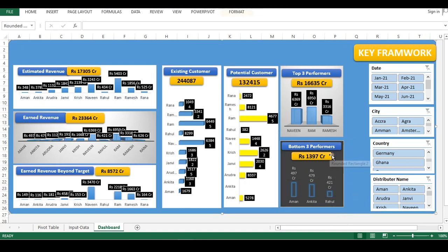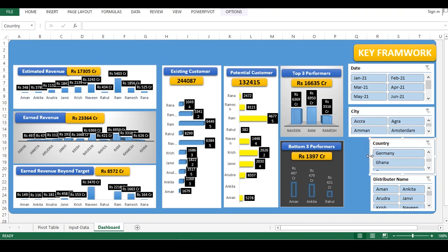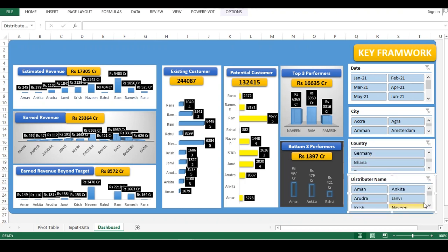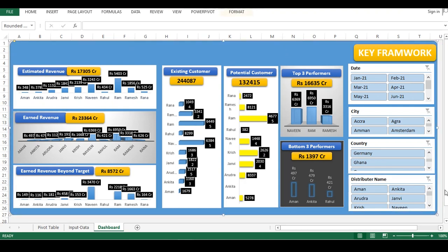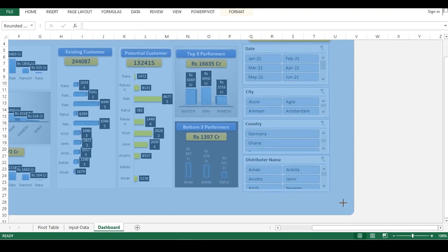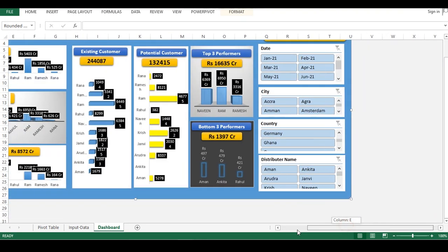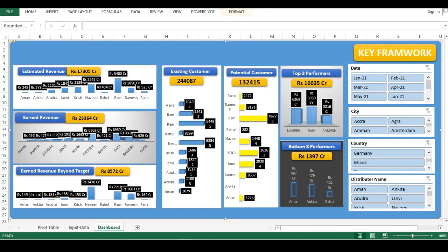Now the bottom 3 performers are also ready, and there are some more things that you need to add here. I am going to extend it to the place that is remaining blank in my dashboard, and I can make this space available for my filters. Alright,